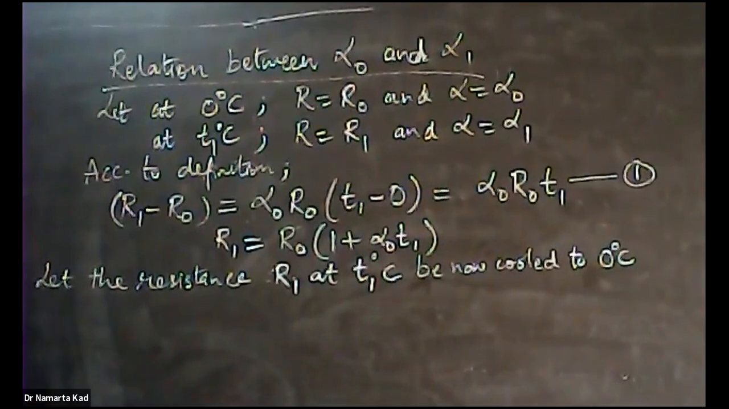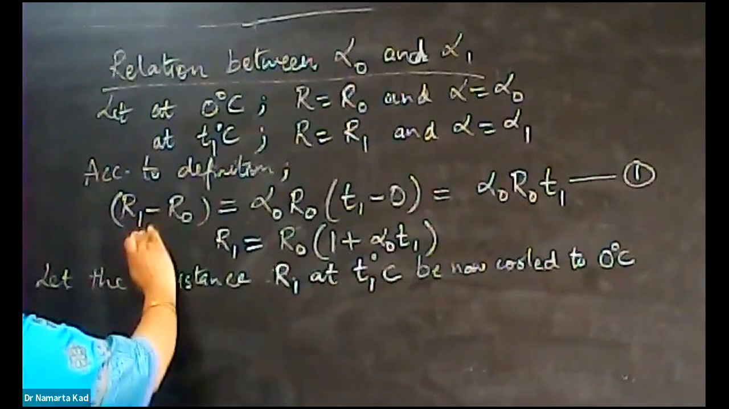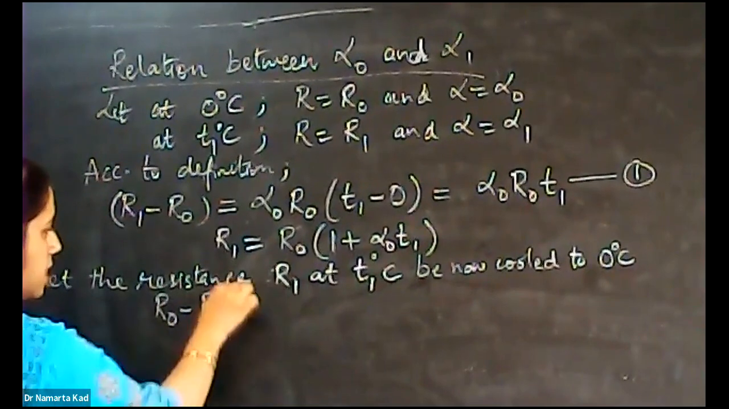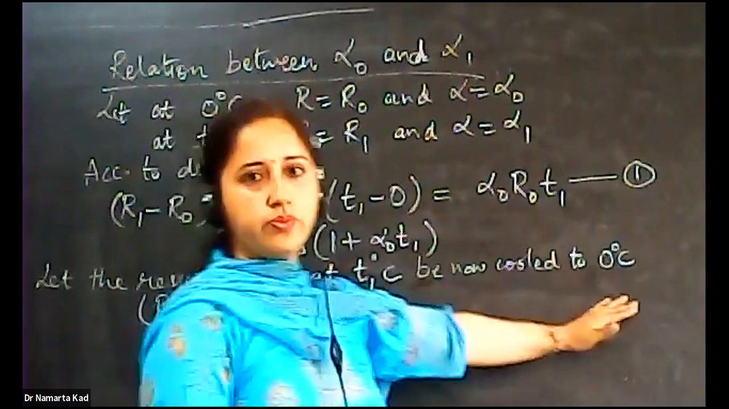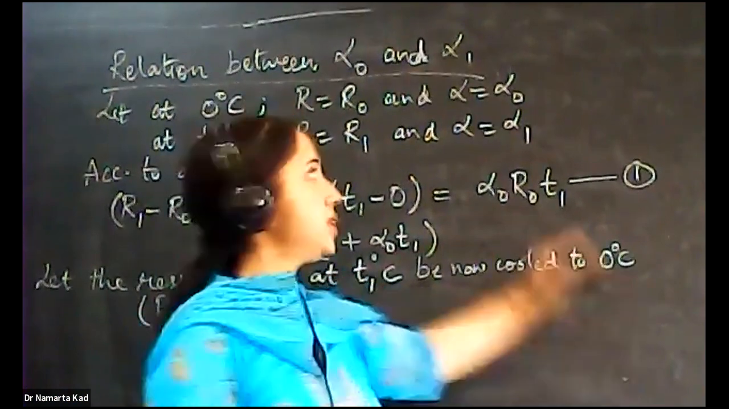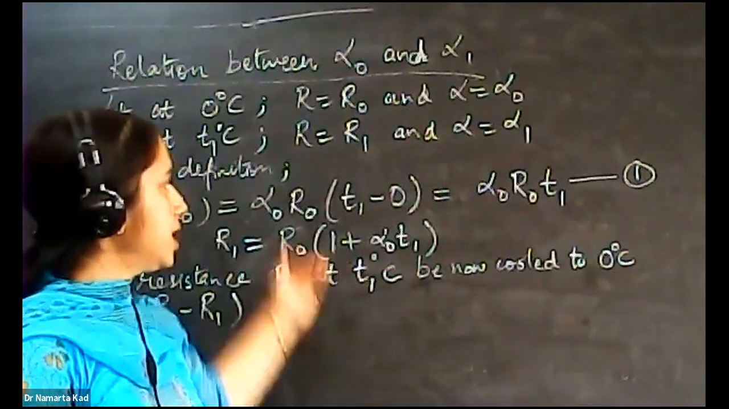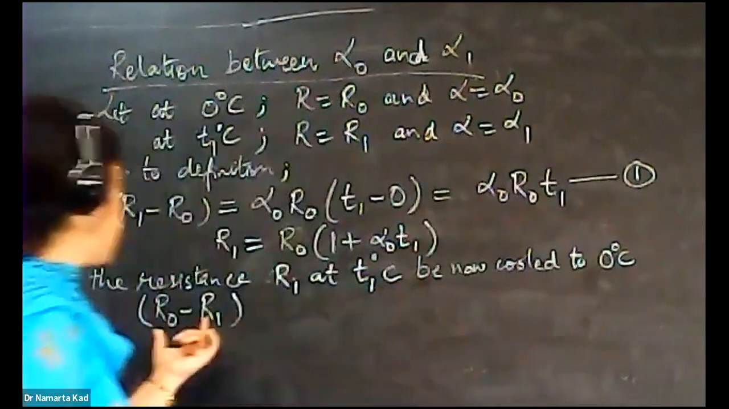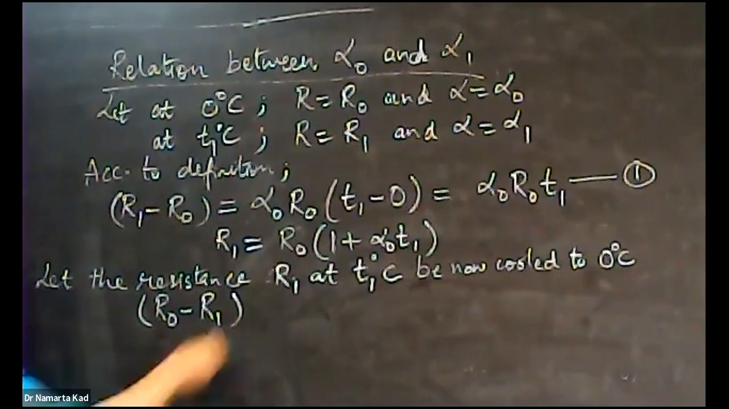It can be written as now, earlier we wrote R1 minus R0. Now we have to write it as R0 minus R1 like this. Okay, when we are changing the temperature from T1 to 0, initially we changed the temperature from 0 to T1. But in this step we are changing again from T1 back to 0 degree C. So as per the definition, the change in resistance comes out to be R0 minus R1, that is equal to,